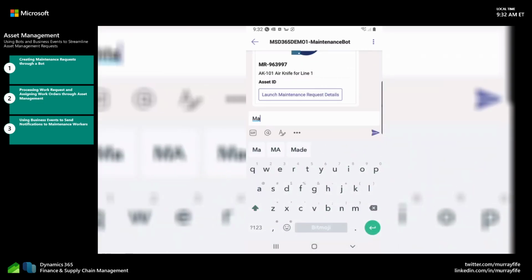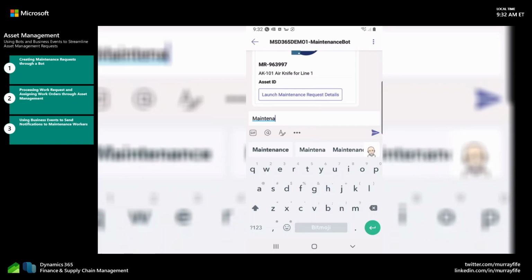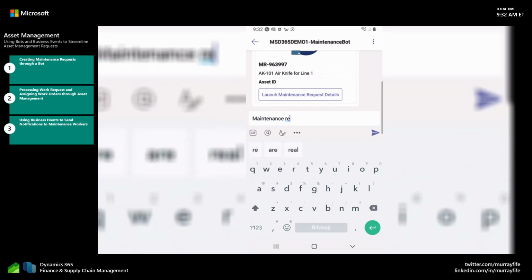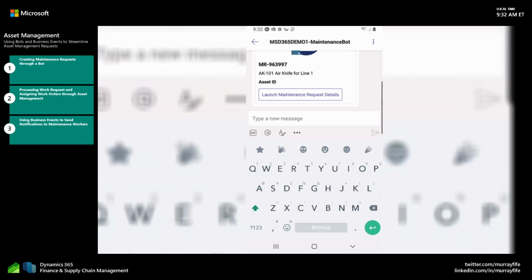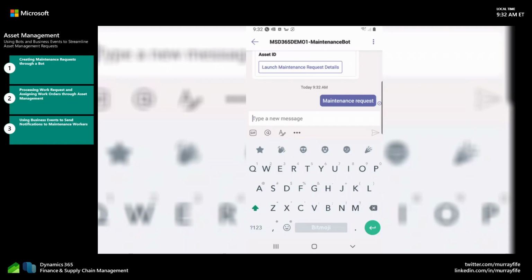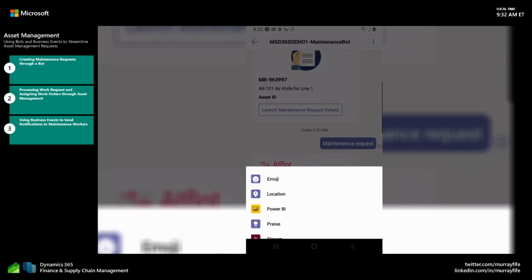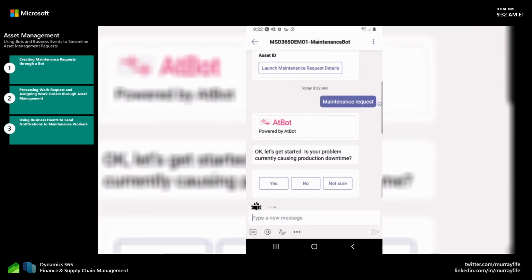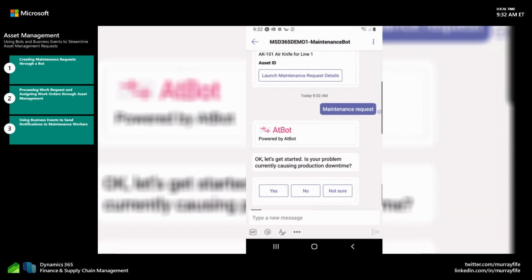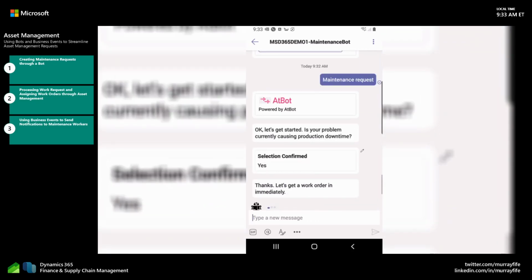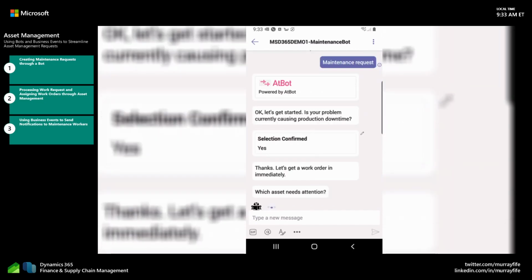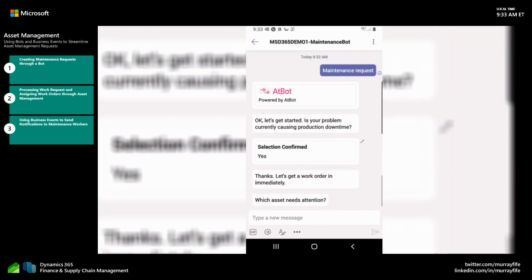So what I'm going to do is just say that I want to raise a maintenance request. And this is working away. If I close this down, we'll see that it's asking me, is there currently downtime associated with this production? And I could say yes. So when I create my maintenance request, it's going to have a priority of 1, or a severity of 1. Now it's asking me for my